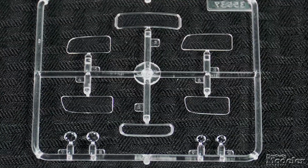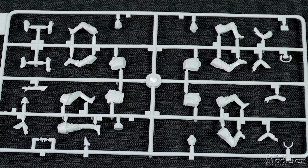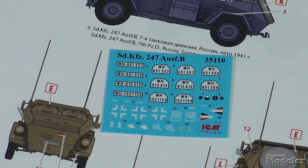Clear parts supply just the headlights. The rest of the parts here go unused. The four figures include a driver, standing commander, and two radio operators. The small decal sheet and color diagrams give four marking options: 3 gray 247s on the eastern front and an